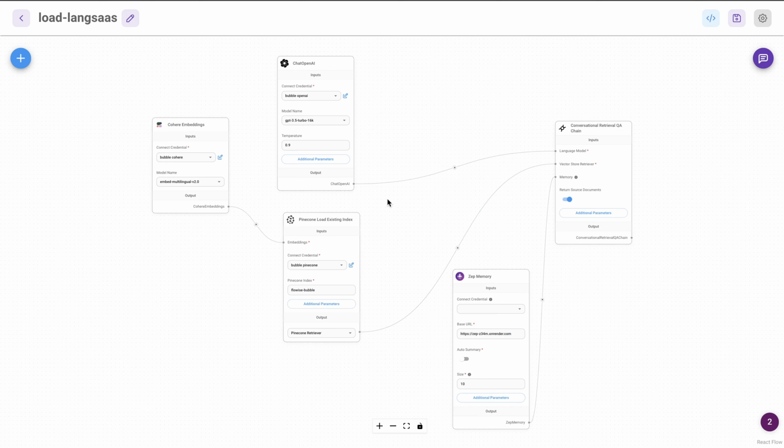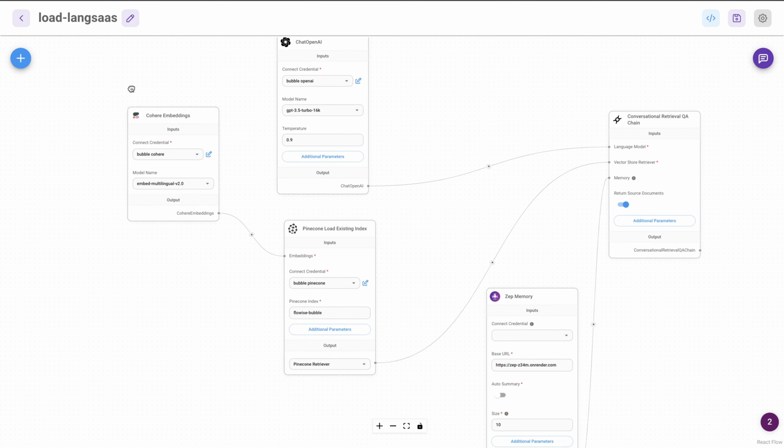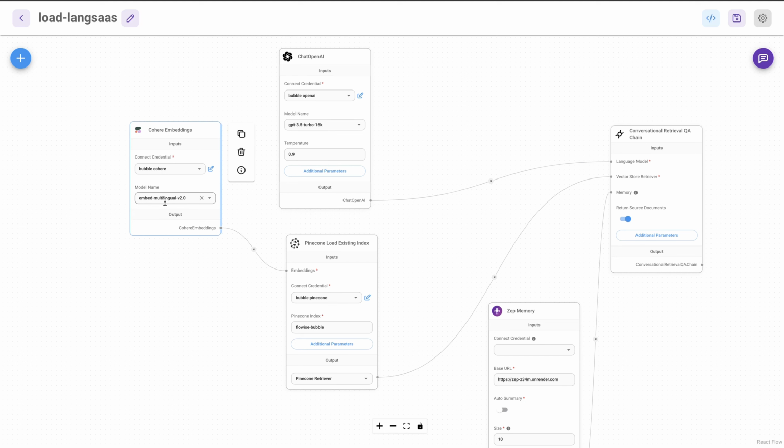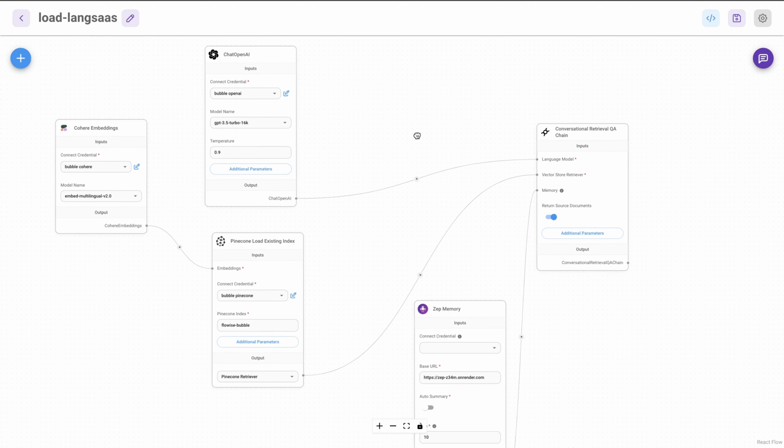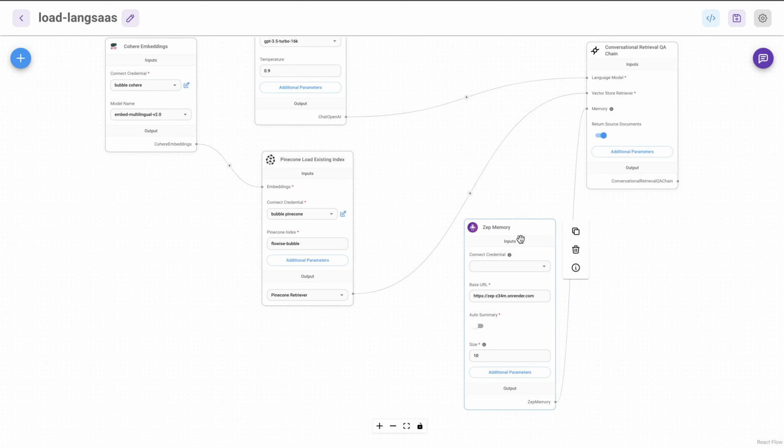Now, as I have shown previously, you can take the marketplace template, and in here I changed to Cohere embedding since I want to use the multilingual model, and then everything else is similar. The only change is that I added a Zep memory store. The reason is that there is a built-in memory in this node, but I would like it to be in external format